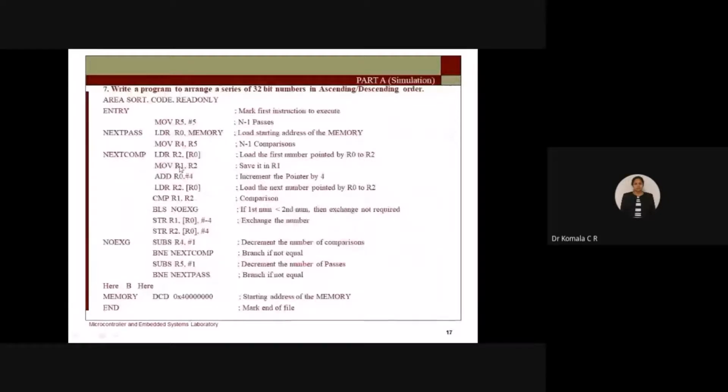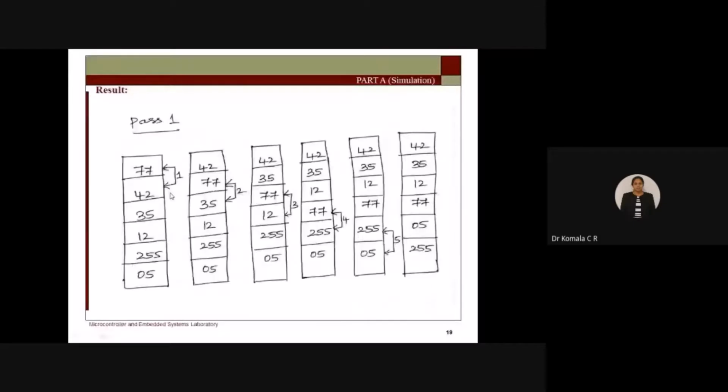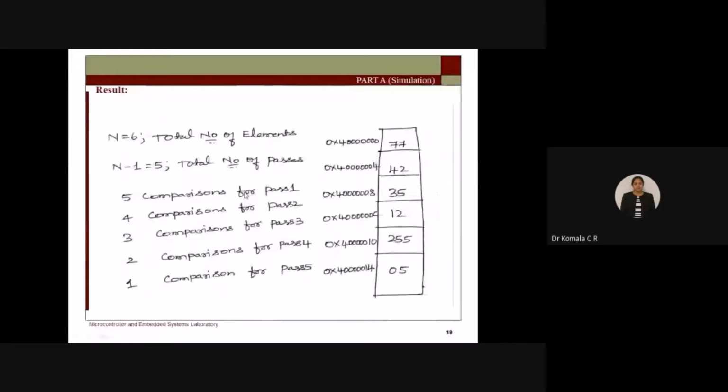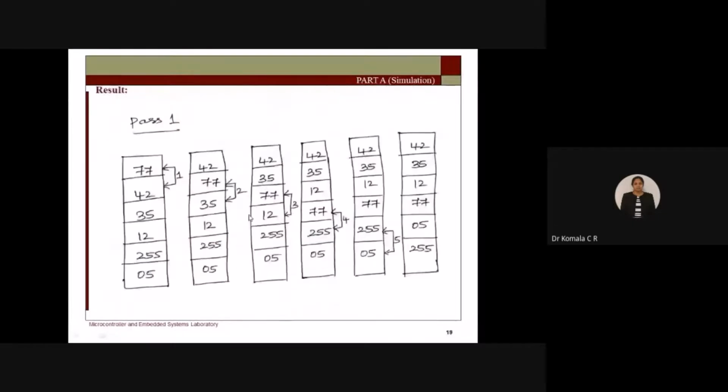4 to 8. Again you have to add 4 for that. So add 4, and R0 will point to the next location, where you have the content 35 now. Do that now. Add R0 by 4, the location gets increased to the next cell. Now you load the content of R0, which is the next number, to R2. What is that number? I have 35. I have taken 35 to R2 now. So R2 has the second number, which is 35. R1 is having 77. Go back.